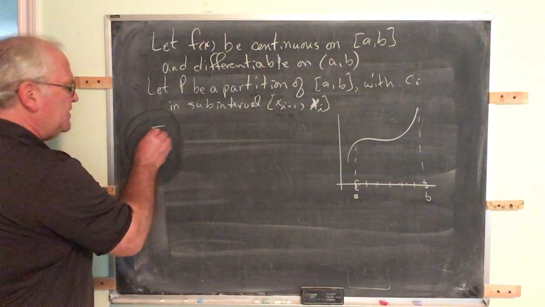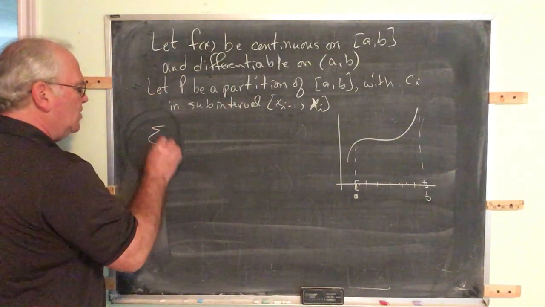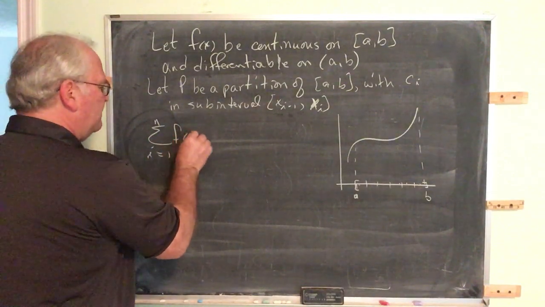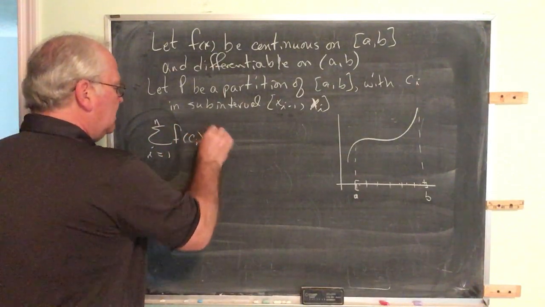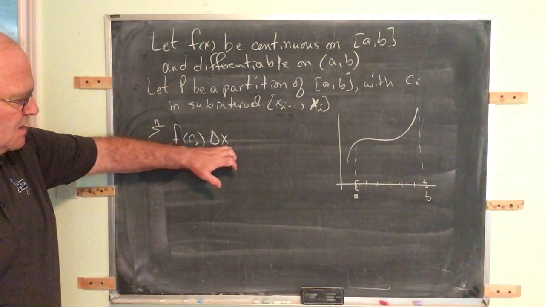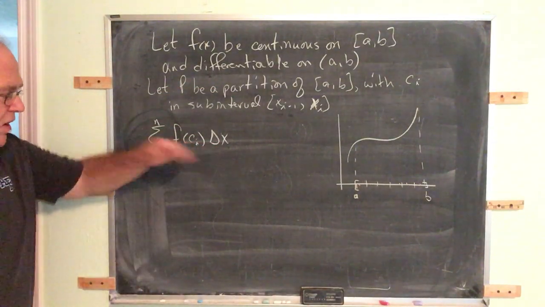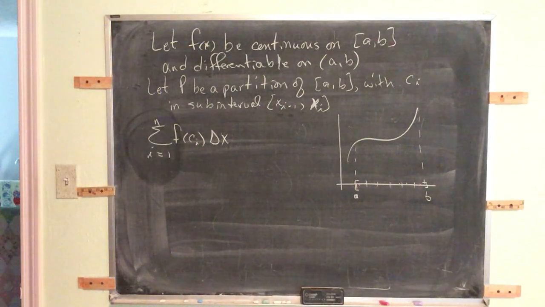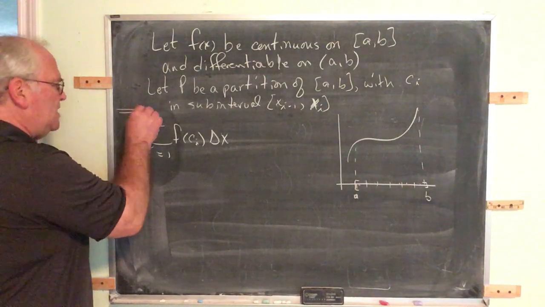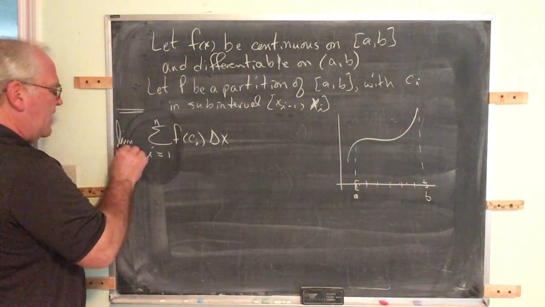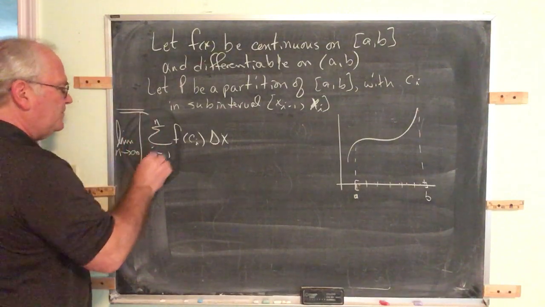Remember, the Riemann sum is the sum as i goes from 1 to n. The Riemann sum is f of c sub i times delta x. Since this is a regular partition, we don't need to specify delta x sub i. They're all the same size. So this is a Riemann sum. And we recall that if we take the limit of this Riemann sum as n goes to infinity,